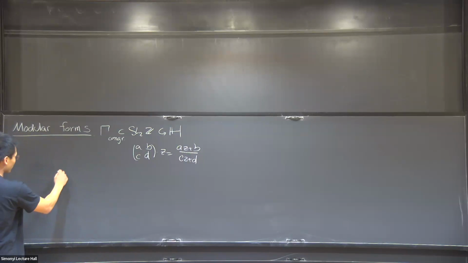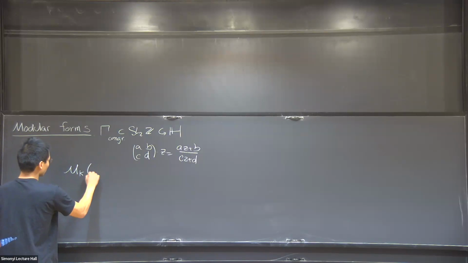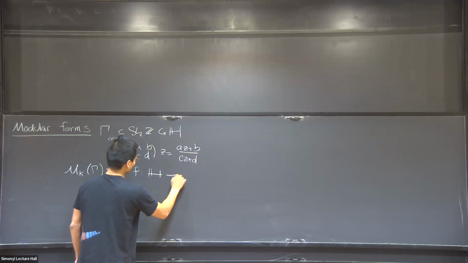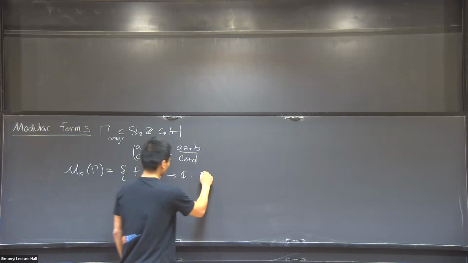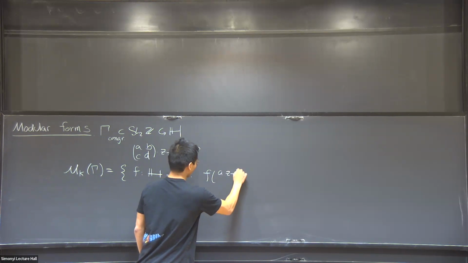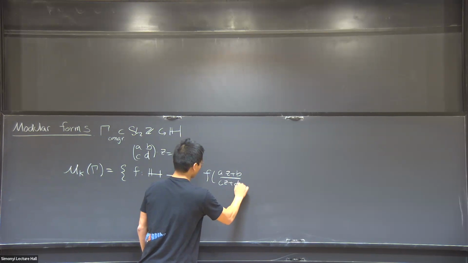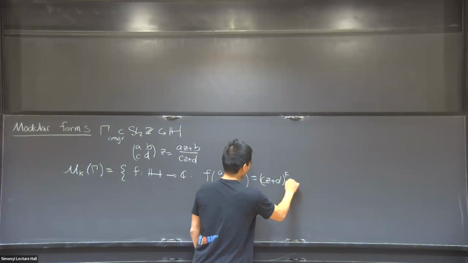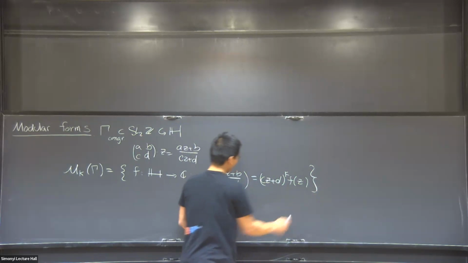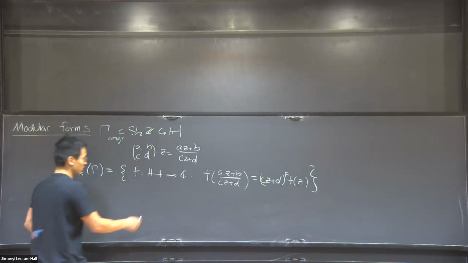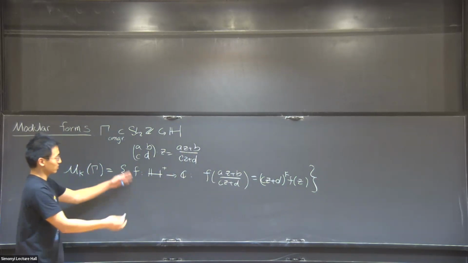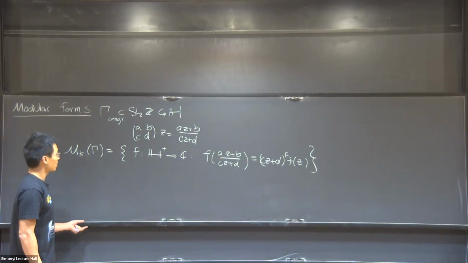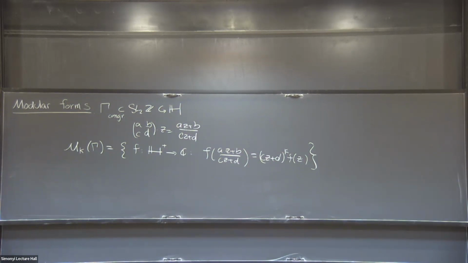When I say the space of modular forms of weight k and level gamma, I'm thinking of holomorphic functions from the upper half plane to the complex numbers, such that they transform under this action in some specified way. So f of (az + b)/(cz + d) is (cz + d)^k times f of z. And then I furthermore stipulate some kind of extension to infinity: I say that it's holomorphic at infinity. So let me just say it extends to the boundary of this upper half plane as well in some way. This is what I mean by the space of modular forms.